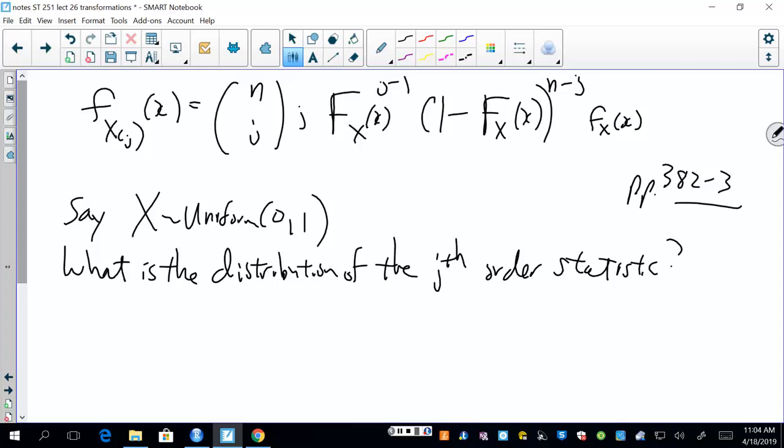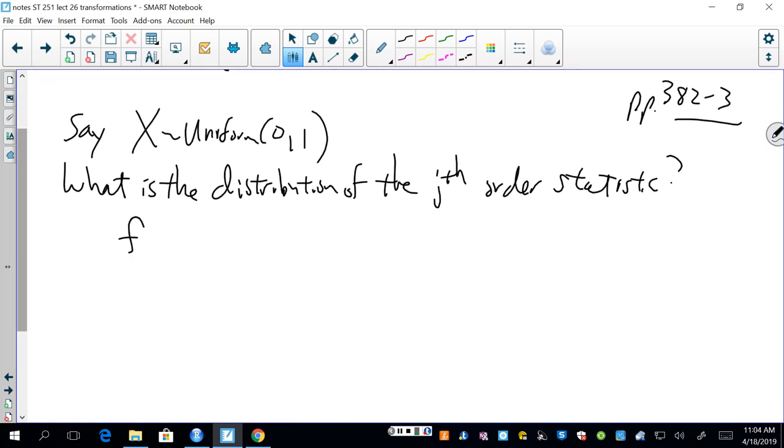So when it's uniform, this is just x. The cumulative is just x. And this cumulative is just x. And that's just a number 1 there. So when it's uniform, things simplify a lot. Okay? When it's uniform, the density